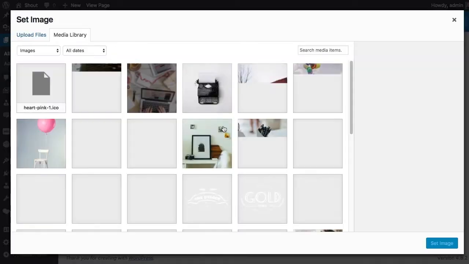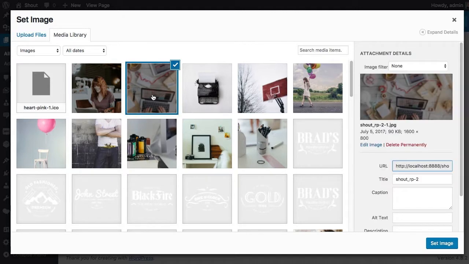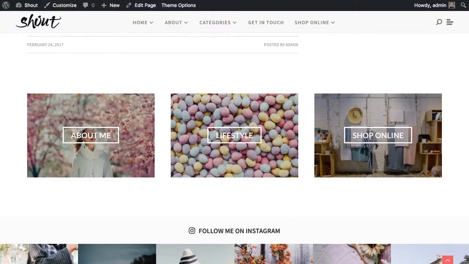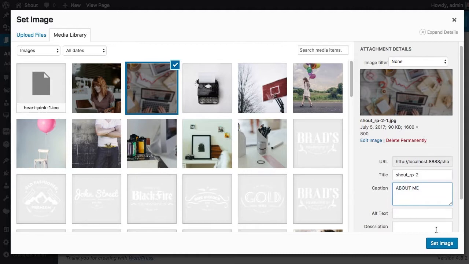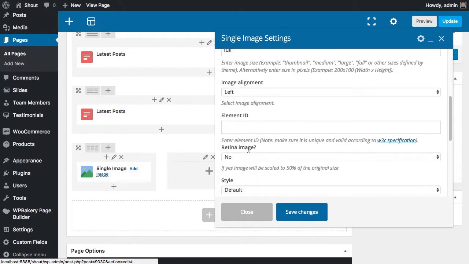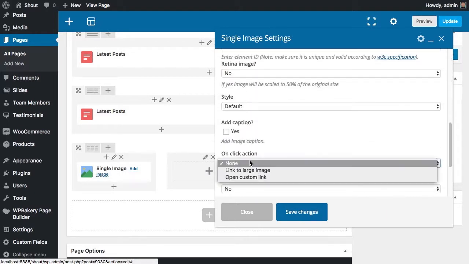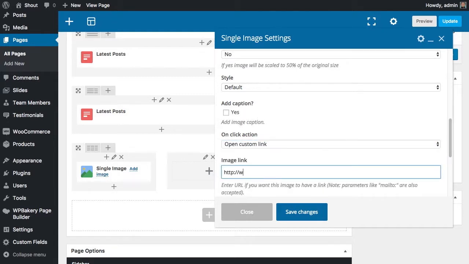And I'm going to select an image from the media library, which can be just this one. And as you can see, there's a text here inside. So the text is coming here from this caption. And I'm going to set this as the image, and we can also add here the option to open a custom link